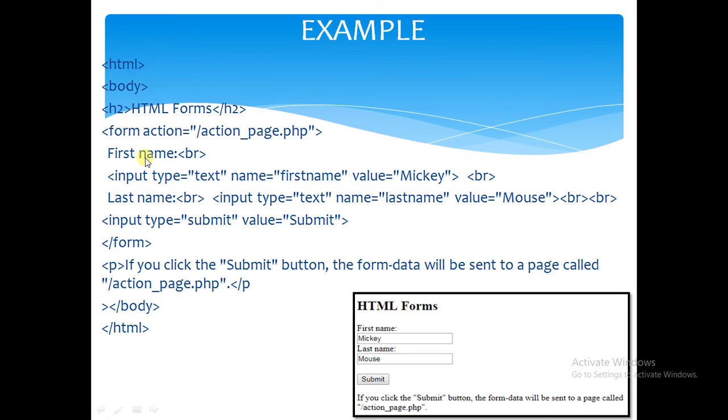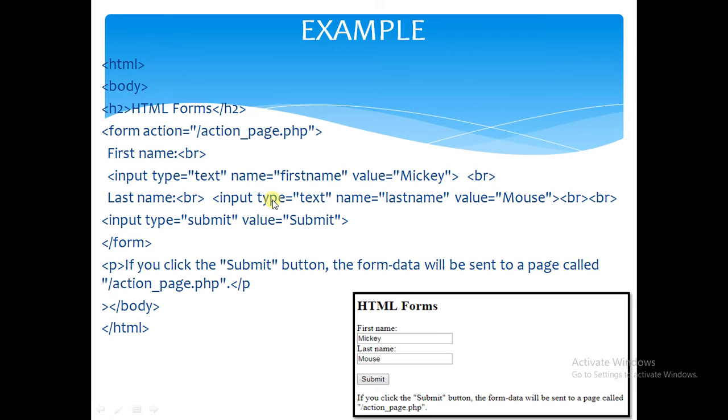And first name, input type equal to text, name equal to firstname, and value equal to Mike. If you define value equal to Mike, it means the text box already has the text Mike inside it, and we need a break.